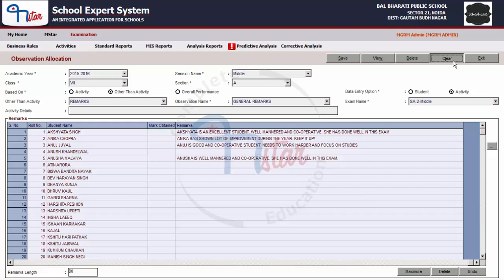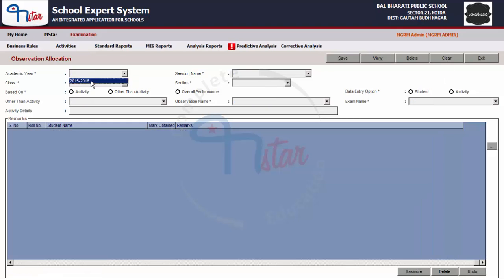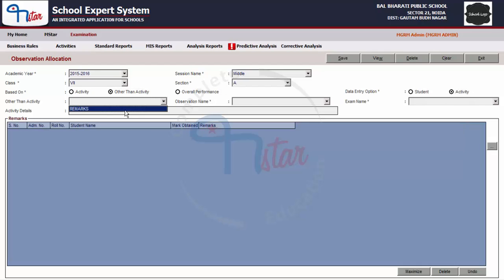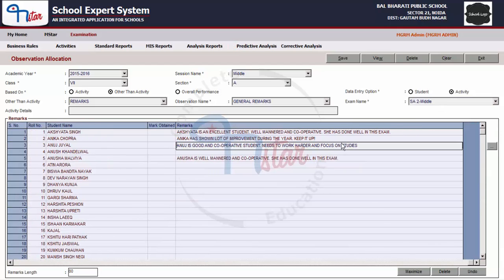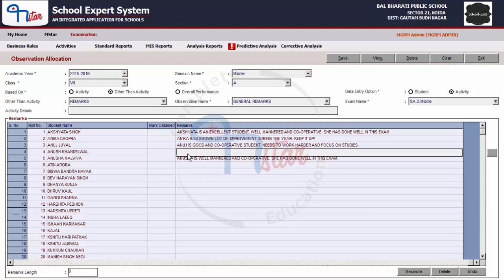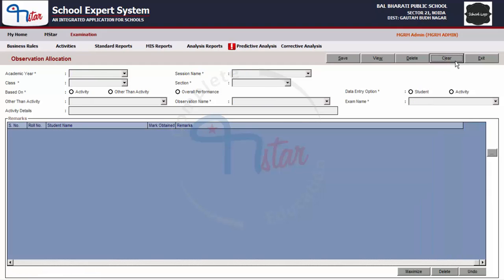Click on the Clear button to clear the screen and reselect the class and section to check the updates done. The updates as we just made are saved successfully. Click on the Clear button and repeat these steps for other students or class